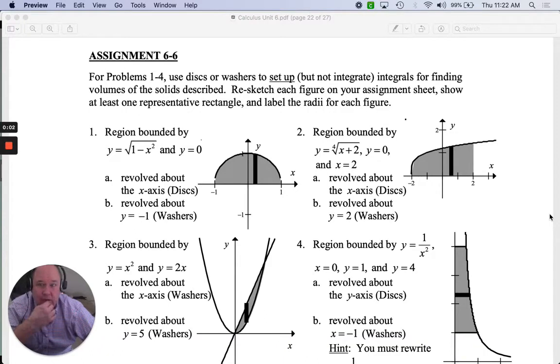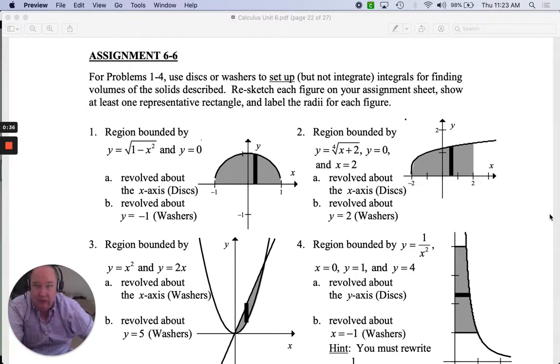Assignment 6.6. So this lesson was on finding volumes by rotating around an axis or rotating around a line. By rotating, the cross section is going to be a circle. And so sometimes it's a solid circle, that's called a disk, or sometimes there's two involved and there's a hole in the middle. So it creates like a donut, and that's called a washer when there's a hole in the middle. So whatever situation we come up with, we'll do it together, and we'll see if we can set this